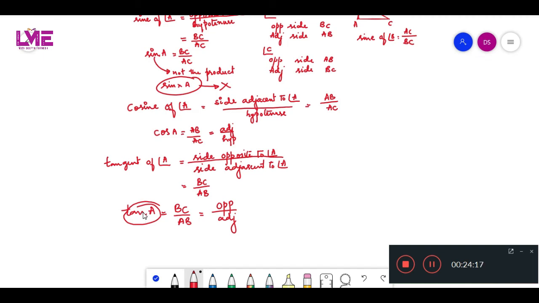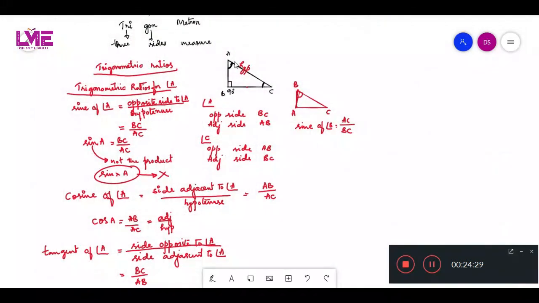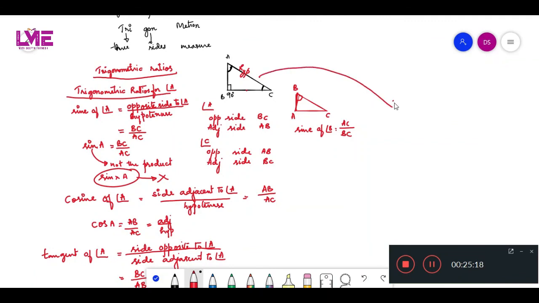Now these are the basic three trigonometric ratios. Depending on the angle selected, as I explained earlier, if you are taking a different angle in the same diagram given in black, say C as the angle, then let us define the three different ratios with respect to angle C. For the same triangle, let me write sine C. Sine C is opposite by hypotenuse. Opposite to angle C is AB, so AB by AC.